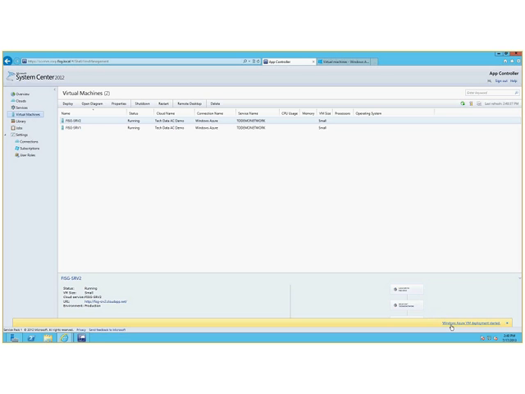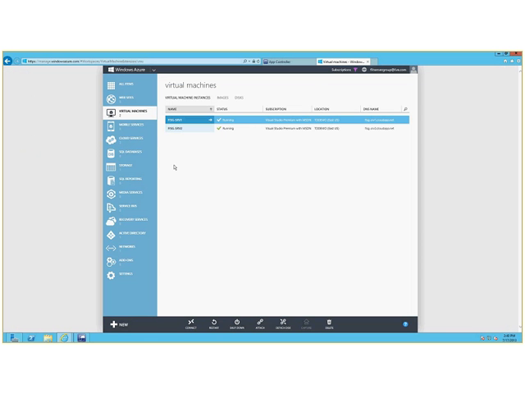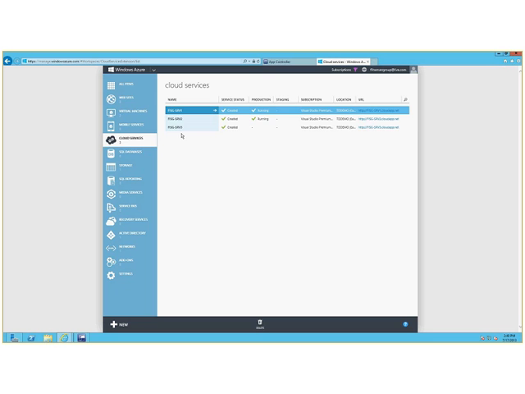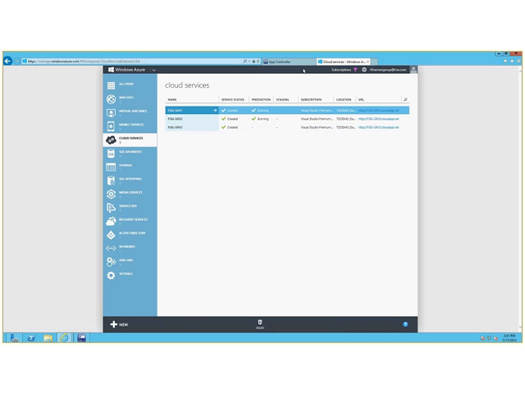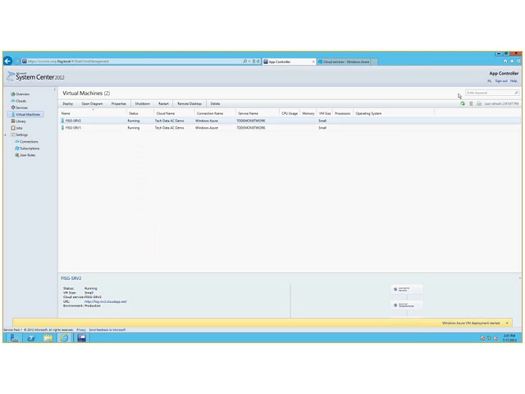And notice it notifies us here that Windows Azure Virtual Machine deployment has started. If we head back over to Azure, we come here to our cloud services. Here's the third server being created, and we're waiting for production to start. This is really cool. And as time permits, you would see the virtual machine itself become available as the services become running. If we head back over to App Controller, and I refresh,